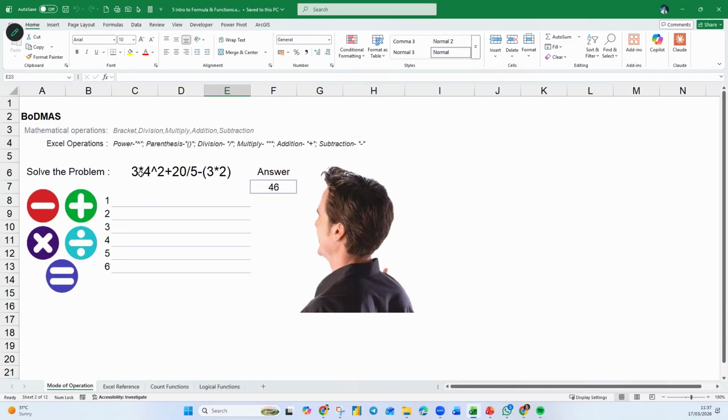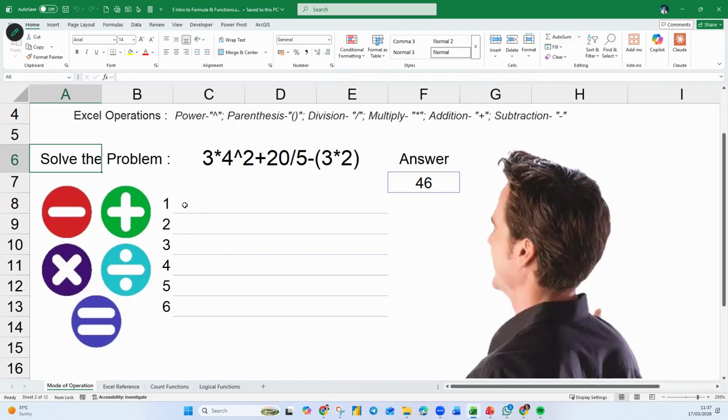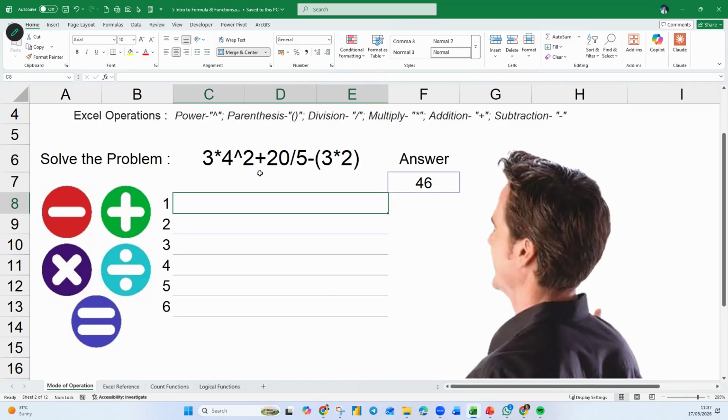So for this example that I have, which one do you think we should solve first? Okay. So I cannot solve the multiply first, I must solve the exponential first. So it should be 3. Okay, so 4 to the power of 2. That means 4 times 4, 16.